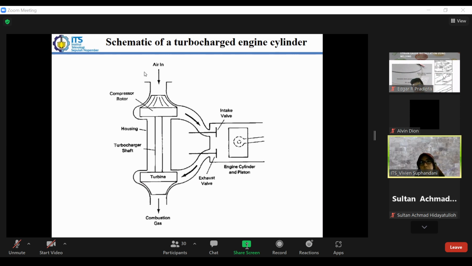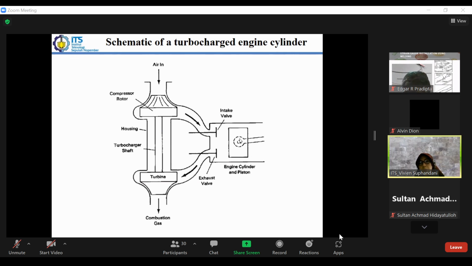We have a compressor to give a charge into the cylinder, connected with the turbine. This is called the turbocharger, in which the compressor is driven by the turbine,